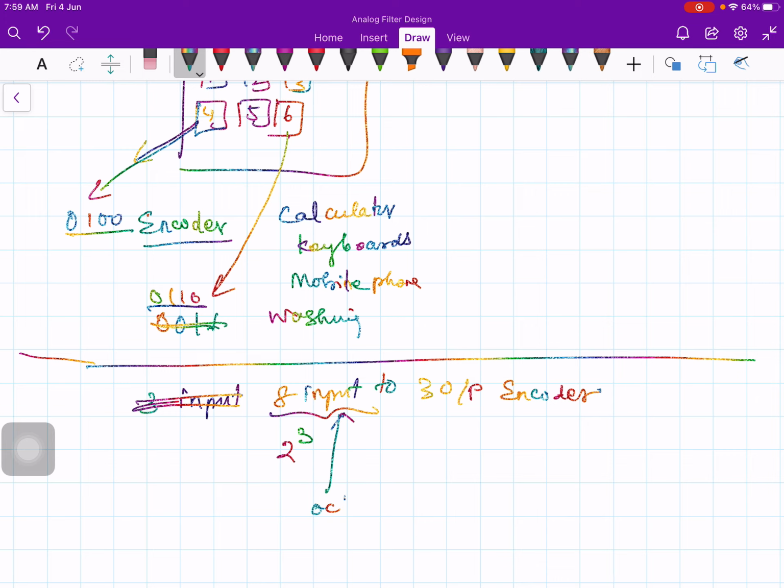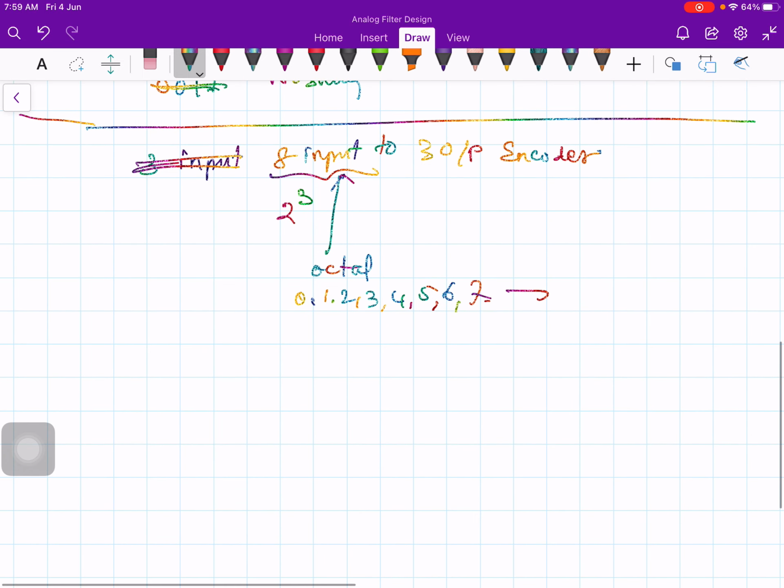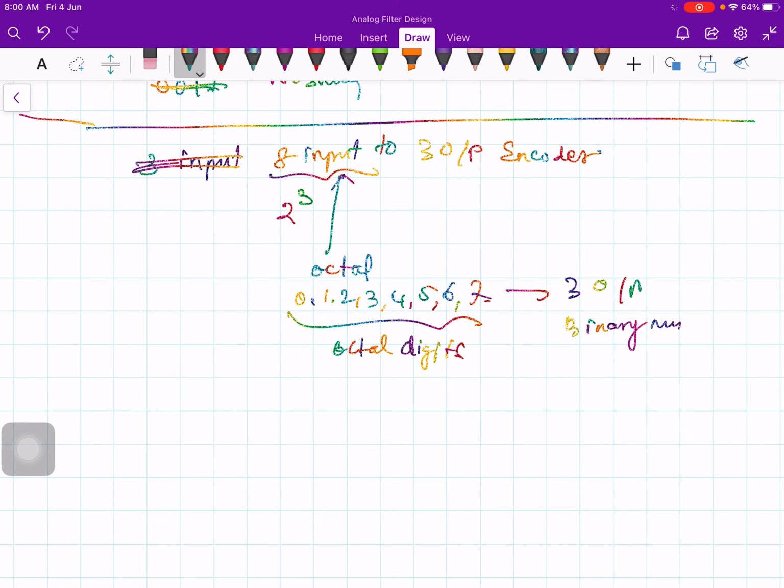This is called the octal number system: 0, 1, 2, 3, 4, 5, 6 and 7, and the corresponding binary outputs one can generate. So it has 8 inputs, one for each of the octal digits, and 3 outputs, which correspond to a binary number. If I press 3, then 0 1 1 will be generated.